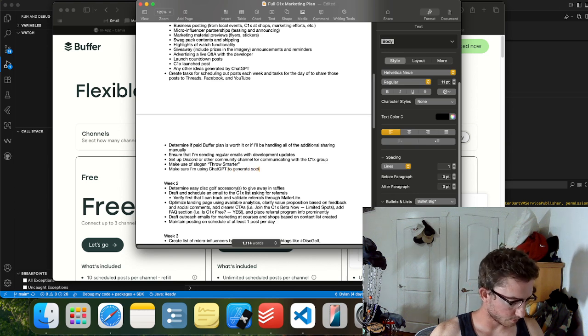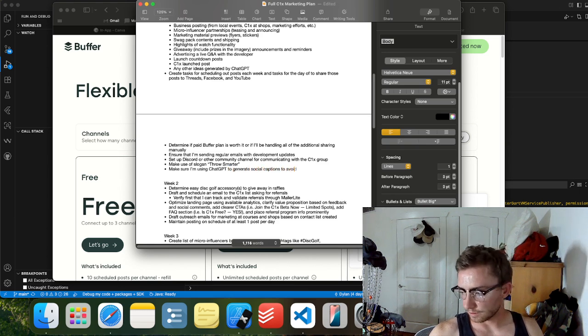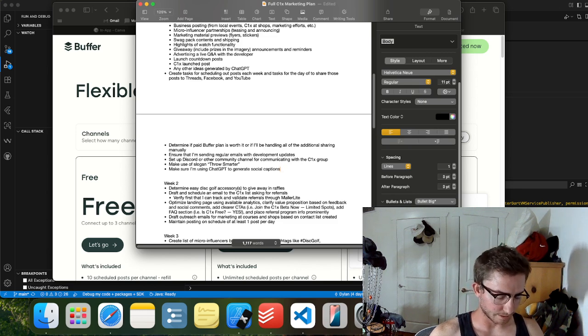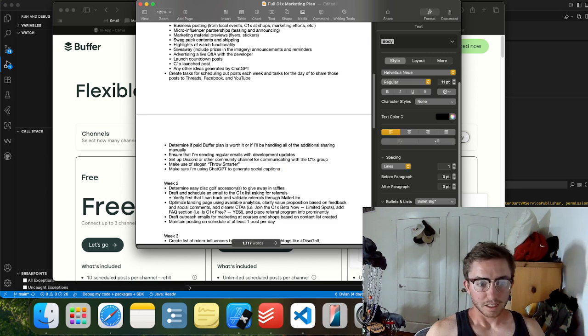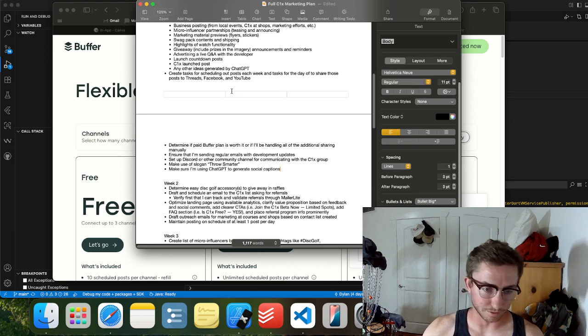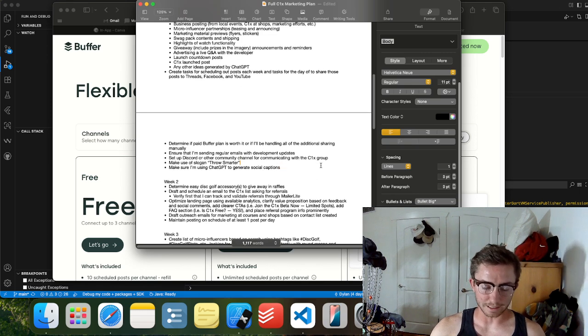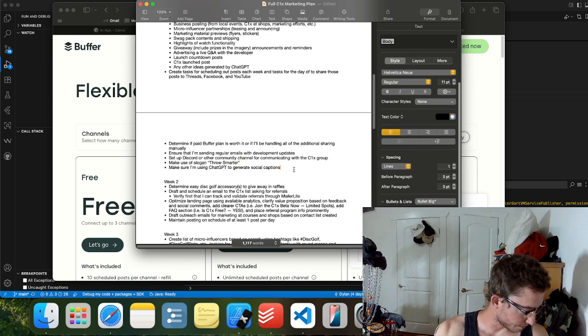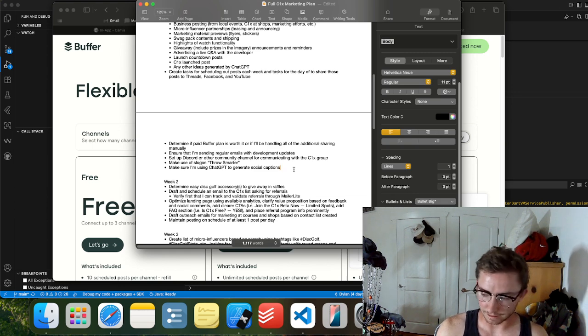To generate social captions to avoid, or yeah, we'll just leave that as is. While I'm going through this whole marketing plan, I'm still going to be developing C1X and working a full-time job probably, and traveling for disc golf, and I need to make this as easy on myself as possible, or else I'll get burnt out, and I don't want it to feel like I hate doing it every day. So